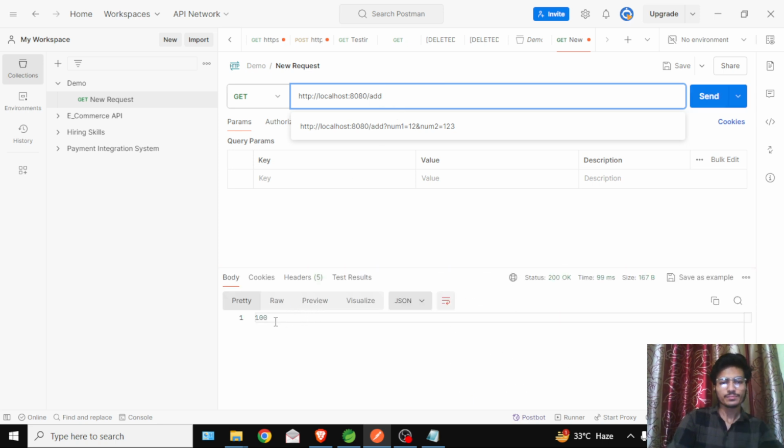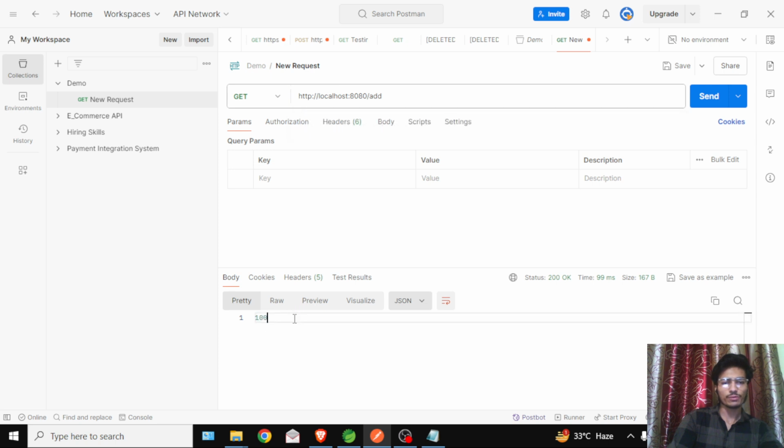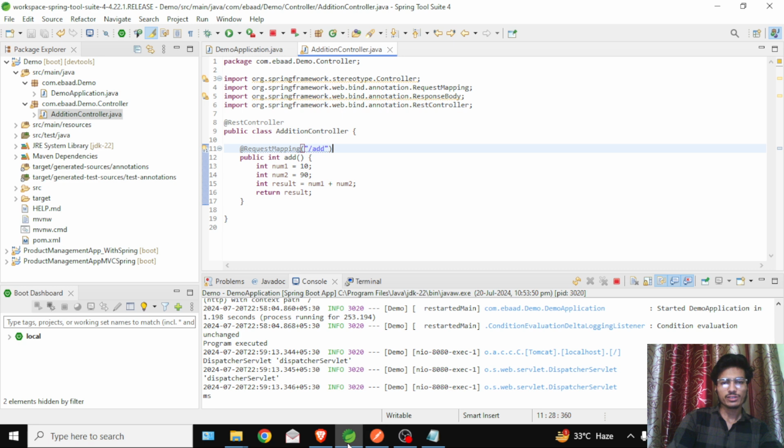Yes, and it is giving us the sum of those two numbers. 100. Perfect. Our application is running perfectly. Our endpoints are working perfectly. So let's add one more endpoint here,